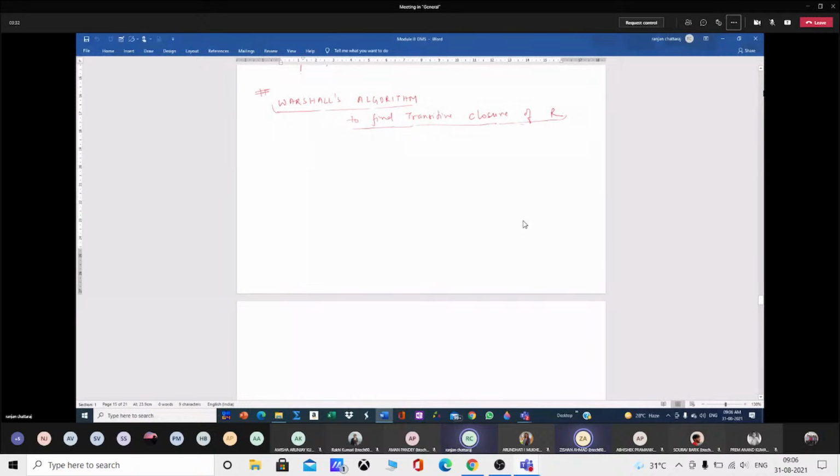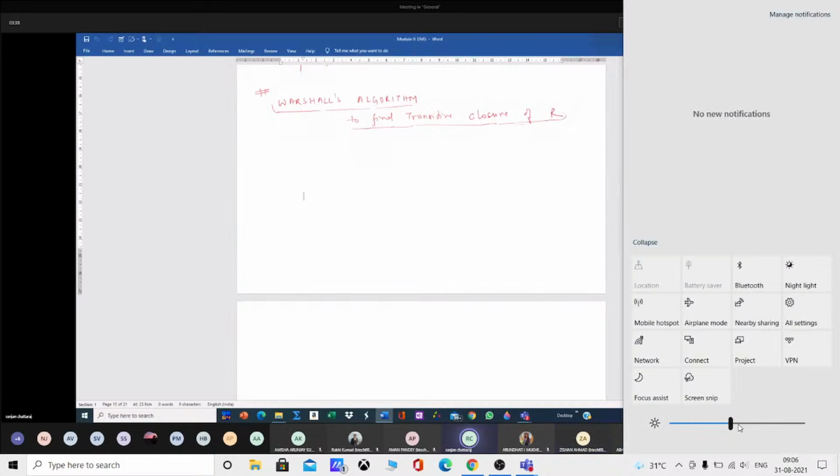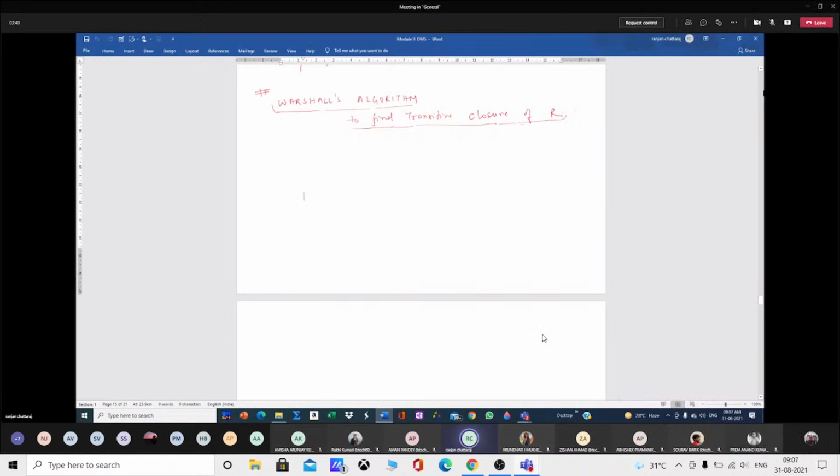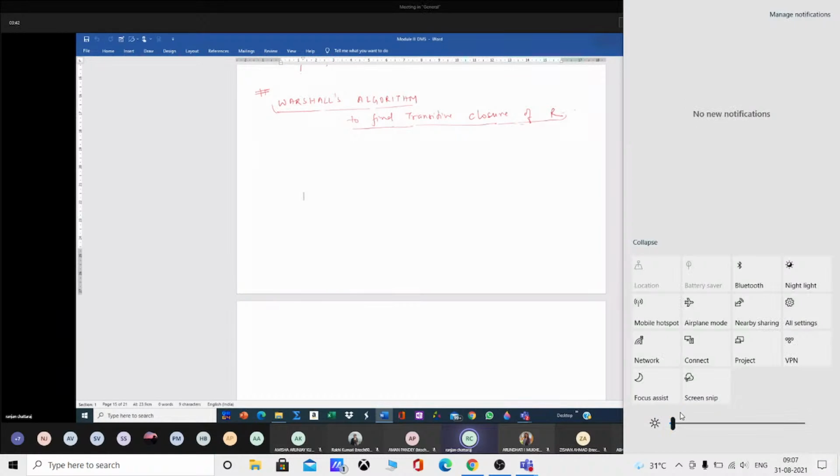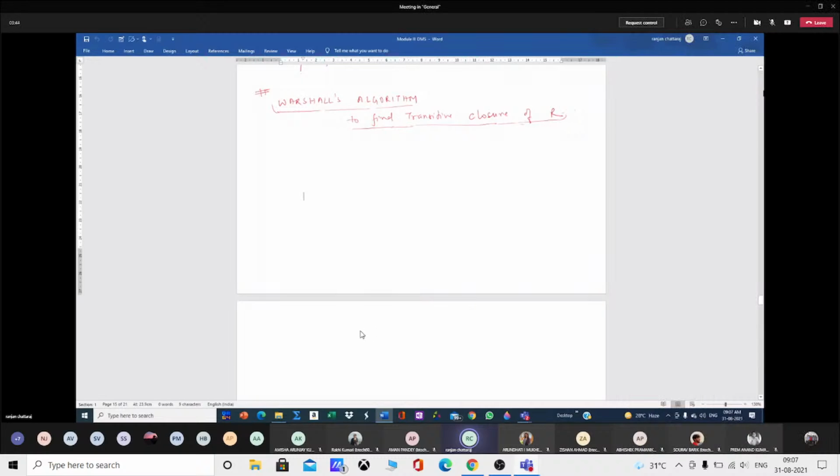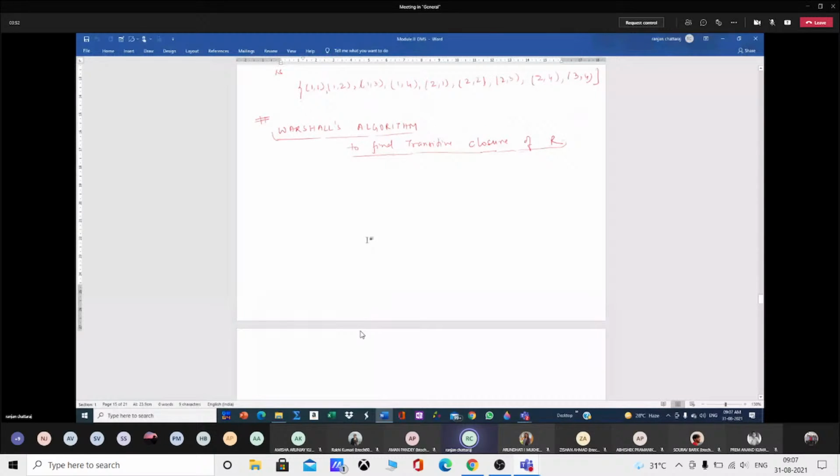Sir, the method to construct transitive closure. Transitive closure, okay. And there we use the concept of composition of the matrix, using the Boolean product. Now today we are going to